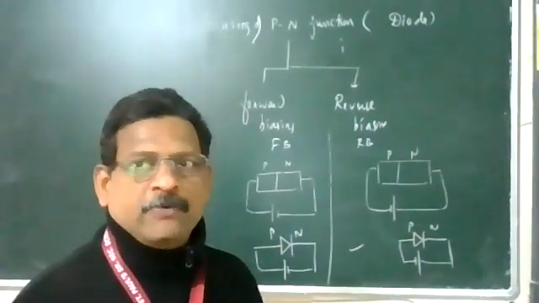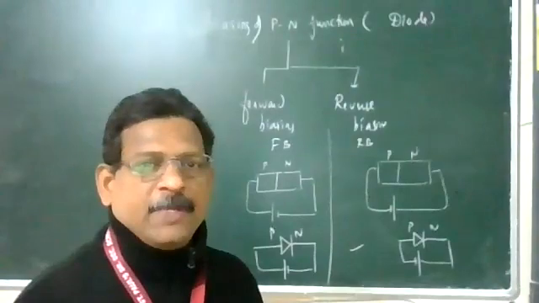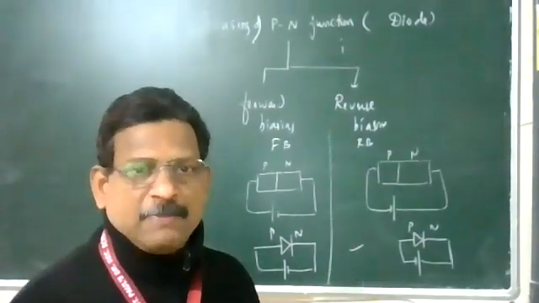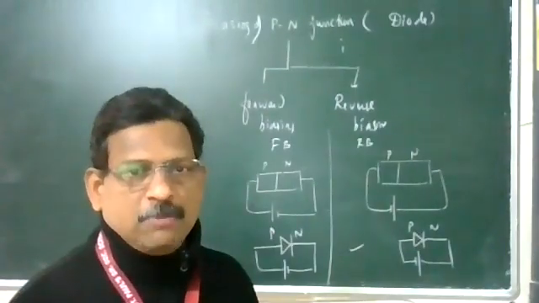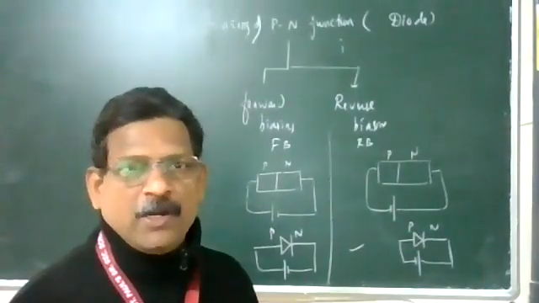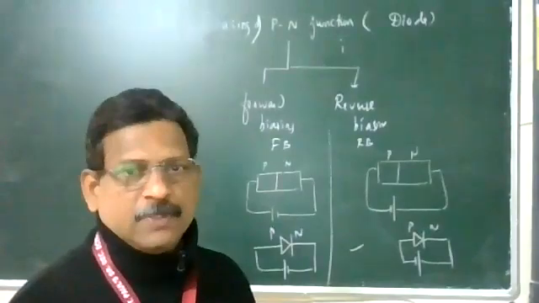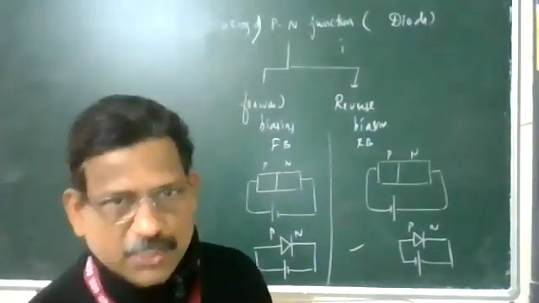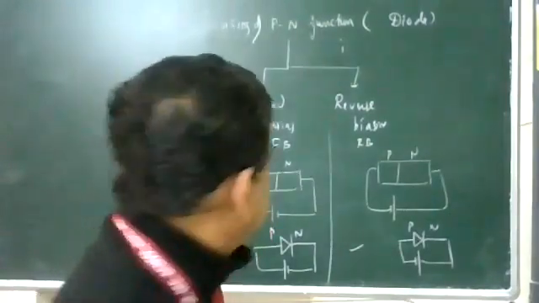So we have to explain now in detail what is happening during forward biasing: what will happen to the net potential difference at the junction, what happens to the barrier potential, what happens to the barrier electric field, and what will happen to the current carriers. So we are giving energy to make the charge carriers flow through the junction. That is called biasing. The first one we are discussing is forward biasing.